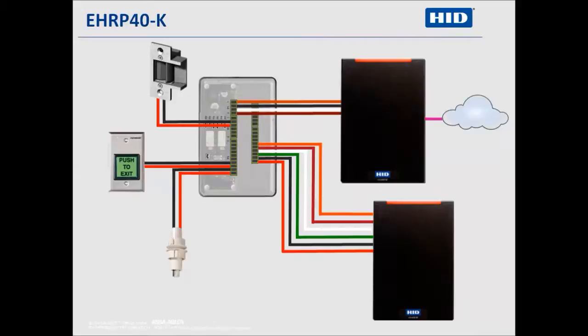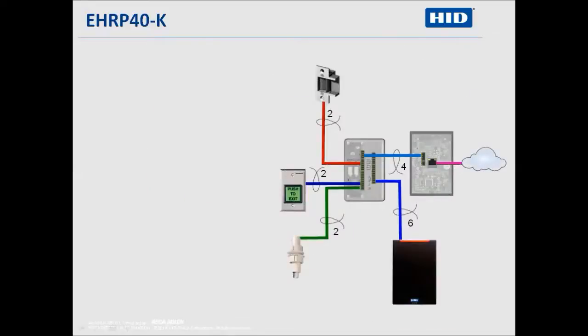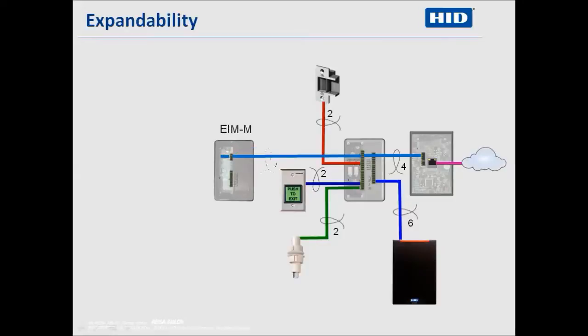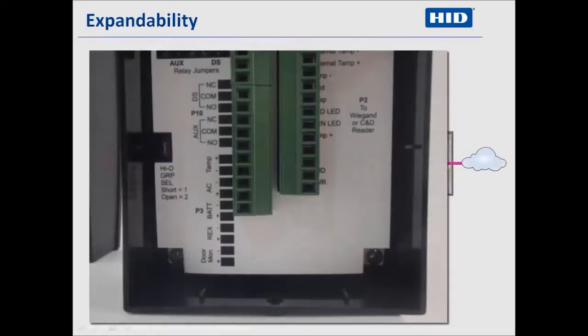The EHRP40-K provides an elegant single-door solution when in and out readers are required at the door. Suggested practice is to mount the reader controller on the protected side and the Wiegand connected reader outside. Note also that the HIO bus is expandable. Here we can expand the bus in order to include two input modules, product model EIM-Ms. The HIO bus can accommodate up to 2 of each type of module. When a second module of the same type is used, it must be distinguished from the first with the group